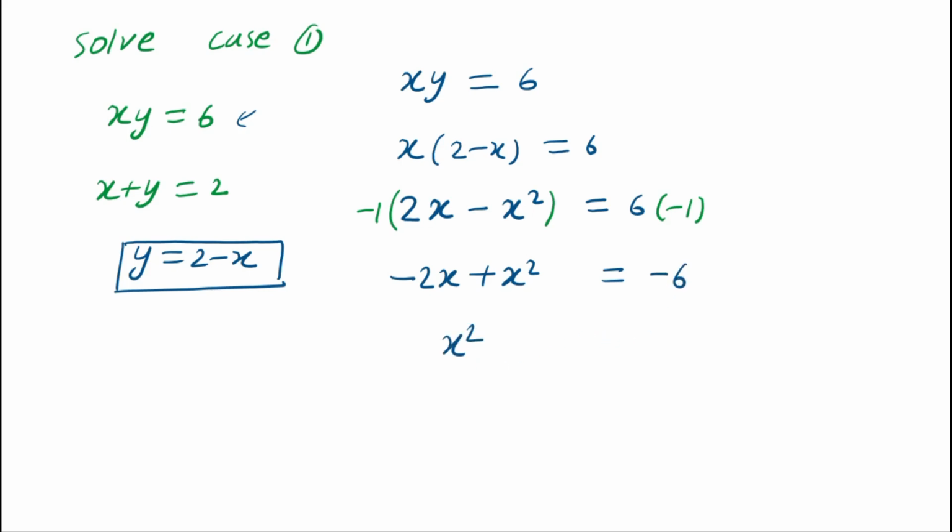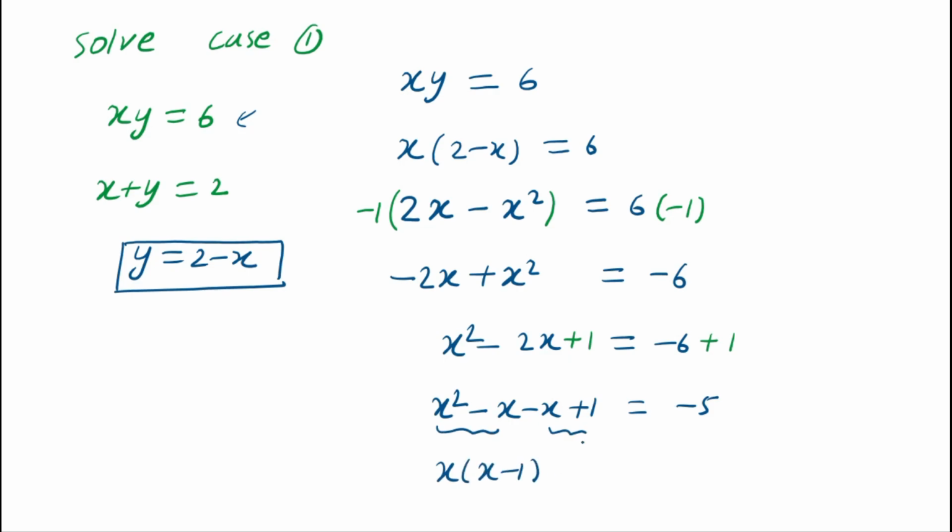Left hand side x square minus 2x, this is equals to minus 6, and if we add 1 on both sides, then look carefully, left hand side this expression is factorizable. Here we will apply middle term split, x square minus 2x is minus x minus x plus 1, this is equals to minus 6 plus 1 is minus 5. Look carefully, first two terms and then last two terms. If we take common x in first two terms, then you will get x minus 1. And here if we take common negative 1, then you will get x minus 1, this is equals to minus 5. Here x minus 1 is common factor.